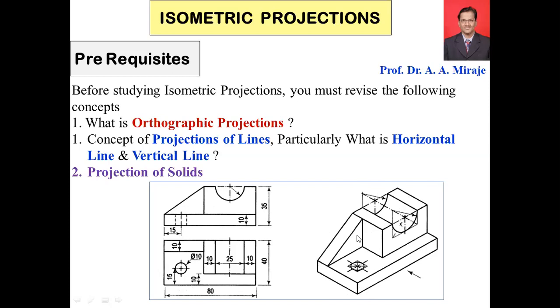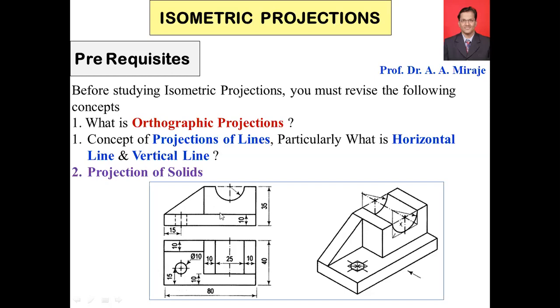So in orthography you have done this: from the 3 dimension diagram, you draw 2 dimension diagrams, namely front view and top view. In the front view and top view, only 2 dimensions you can see. This is the width, this is the depth, this is the width, this is the height. Likewise, only 2 dimensions are available. And in isometric, exactly the reverse thing is there. Such 2 dimension views are given to you, like front view and top view, or sometimes front view and side view. Or even if the object is slightly complicated, 3 views are given: front view, top view, as well as side view. Now we are restricting to only 2 views.